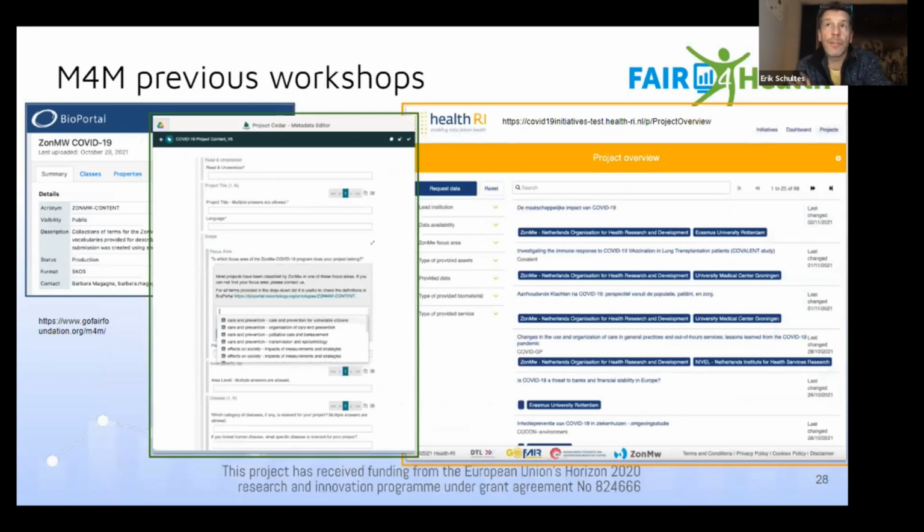you can see a summary of this very extensive process. We first built vocabularies, which are now in BioPortal. This was able to feed templates that we built as a community, and those templates now are being completed to create metadata instances, which become searchable and findable in the Health RI portal. And I have links here if you want to see all these things. In the next slide,